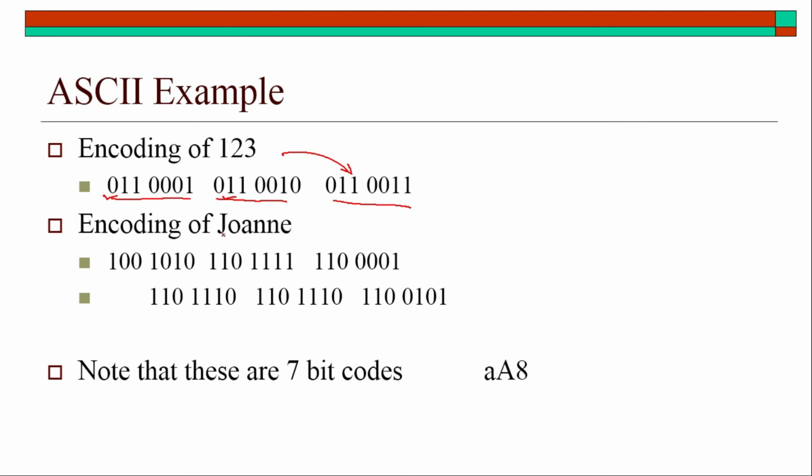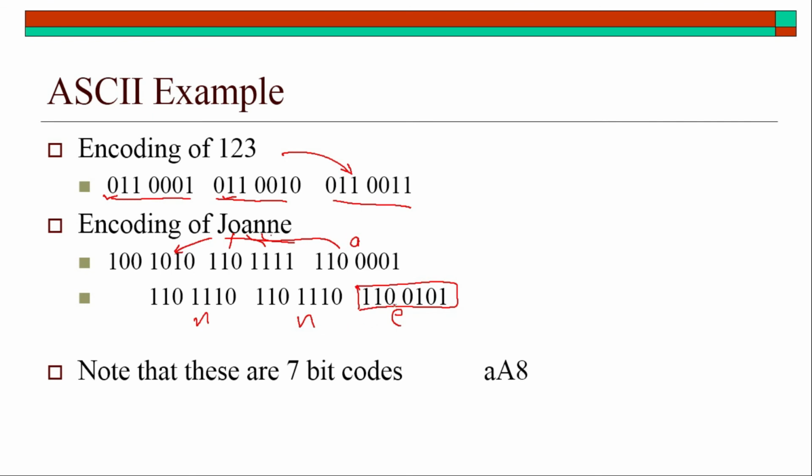If you are writing some name, suppose John, this is the name you type. What will happen? This is the ASCII code of J. This is the ASCII code of O. This is the ASCII code of H. This is the ASCII code of N. Johnny, and this is the ASCII code of E. This you can verify whether it is E or not.